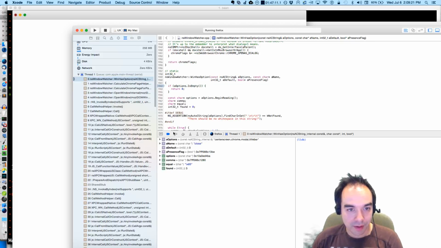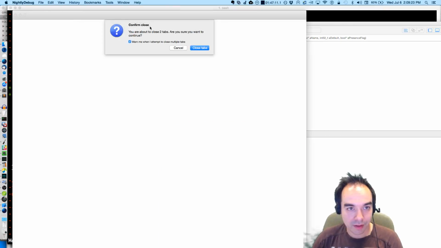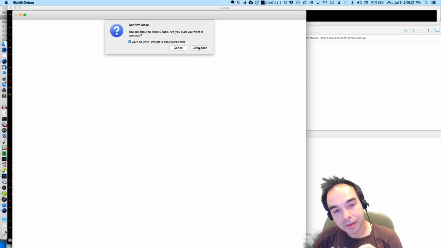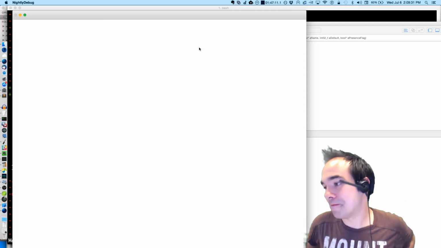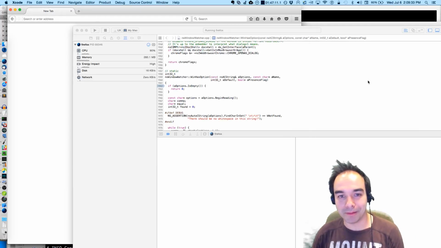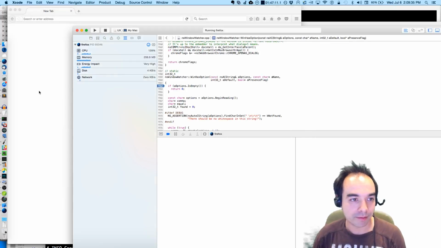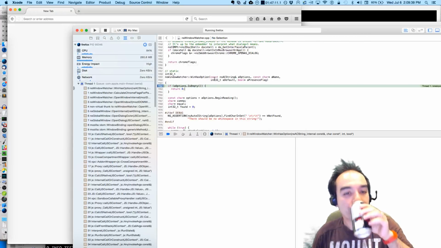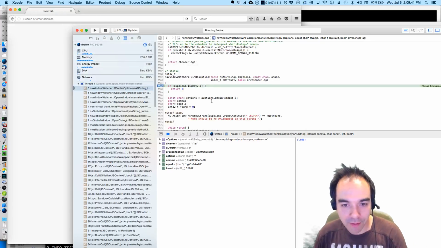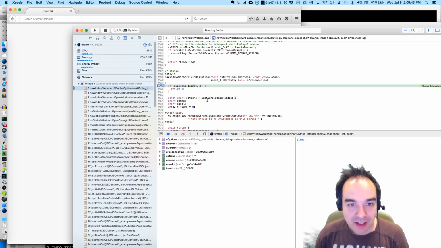Disable that breakpoint. Do it. Close the tabs. Come on, you're killing me. Okay, now re-enable the breakpoint and run. The joy of coding where everything is fighting against you.